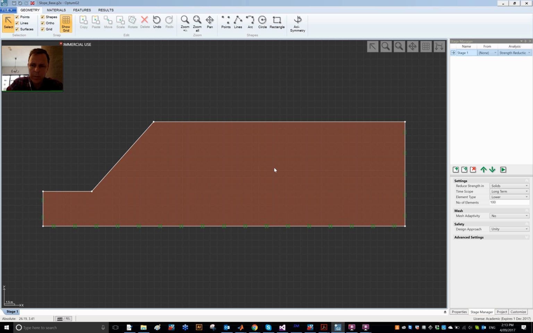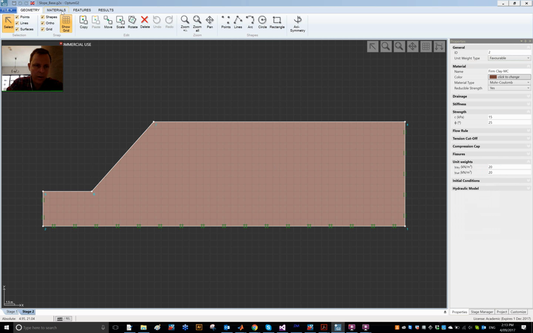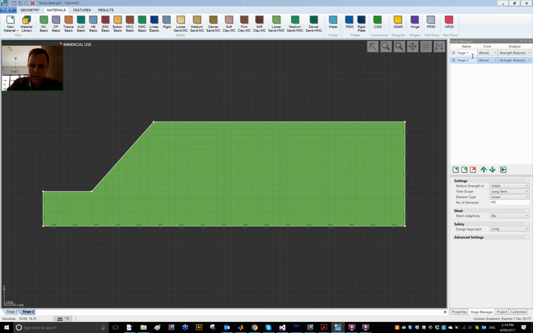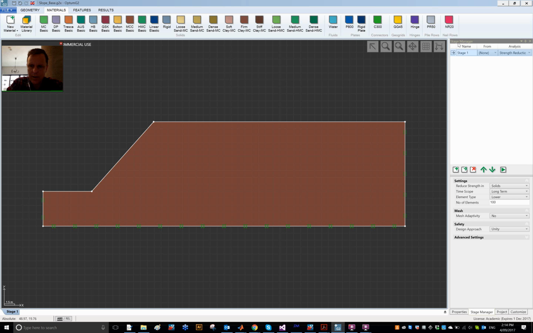And what you could do is, of course, clone the stage, and then use another material with another friction angle, and then run the stages like that, record the results, and eventually plot up, say, the factor of safety versus the friction angle. So that's one way of doing it. A smarter way of doing it is,